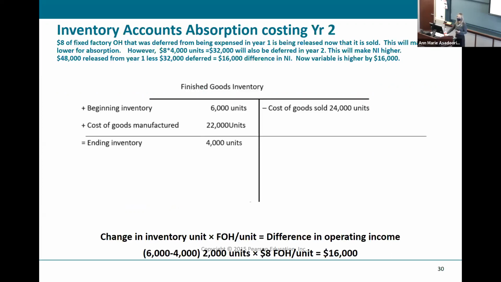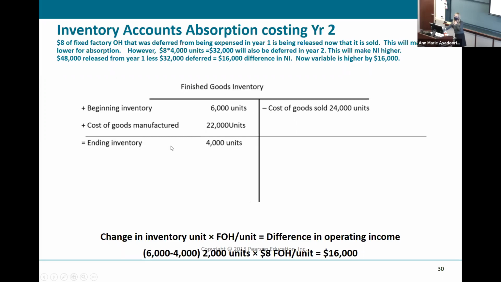And like I said, I like to think about this. I like to show it as the T account because then you can, I think, visually see what's happening here. I also like to think about this the way I have it written up here. $8 of that fixed overhead was deferred from year one, right? We had that $48,000, right? So all of the fixed overhead that was tied to these units, when they're sold, you're seeing